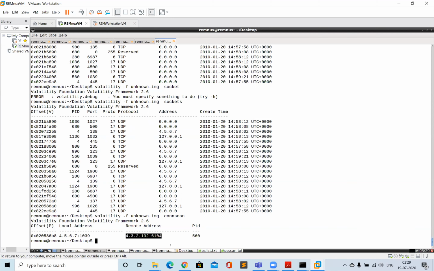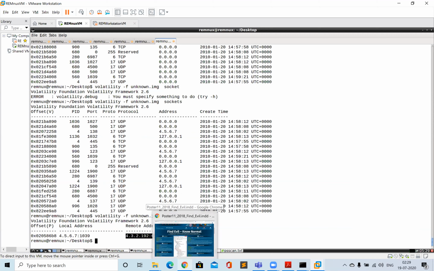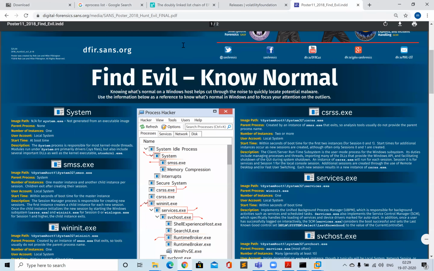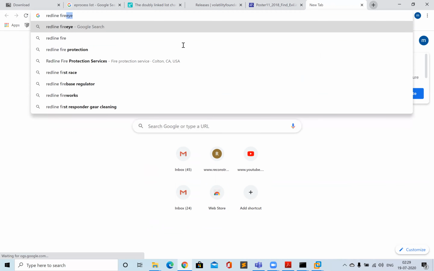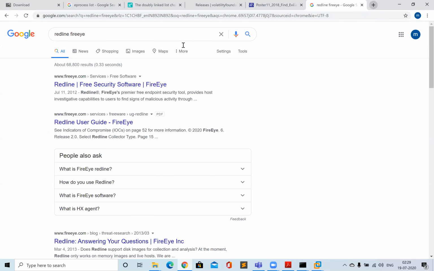Now there might be a case where you don't want to use Volatility, or maybe you're running out of time, and you need an automated tool which runs all the plugins for you and also makes a timeline for you. So I will share that tool with you. It's the Redline tool from FireEye. It's not as powerful as Volatility. Volatility is the most powerful framework existing in the world right now. But Redline is free, and you can just upload the RAM memory image.